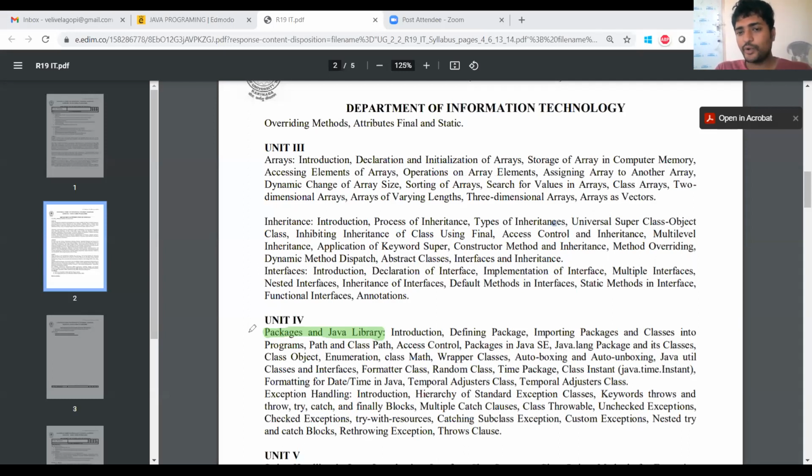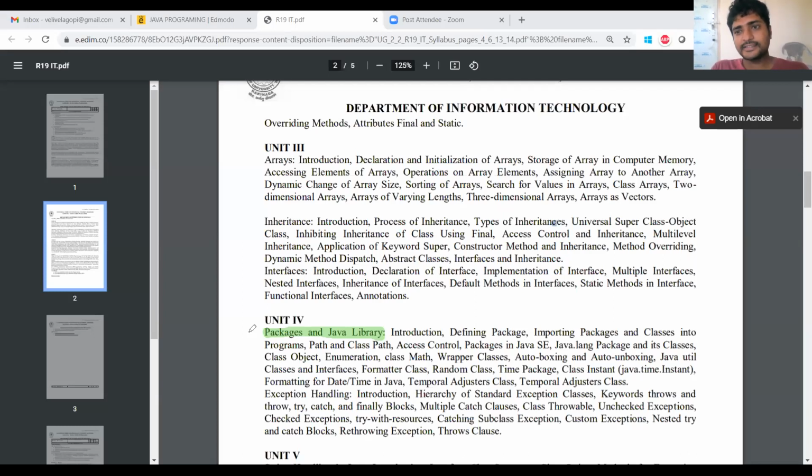In this chapter we are going to discuss all these packages, and we can also define our own package. Whenever we require, we can create our own package also. Let us see that variation also. Broadly, a package is a collection of classes as well as interfaces.